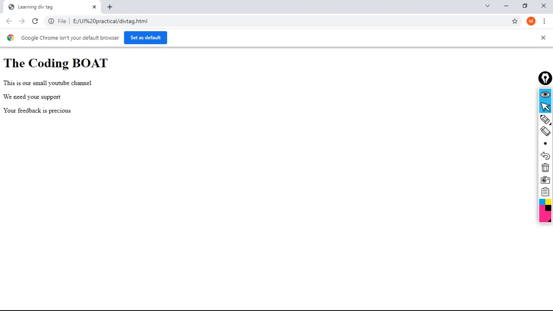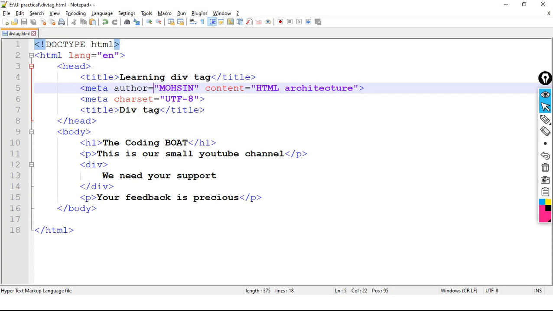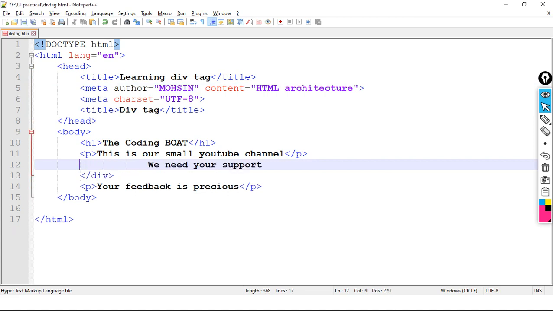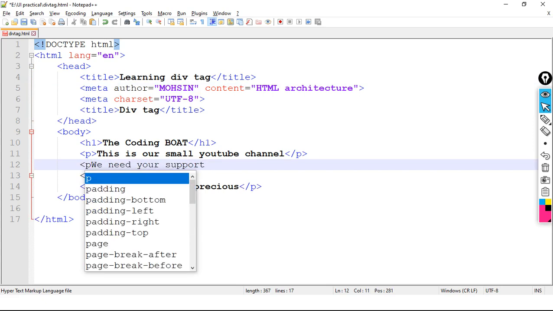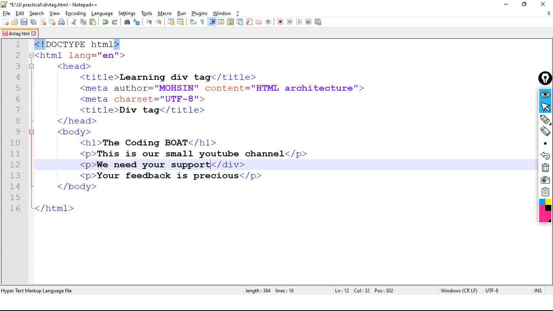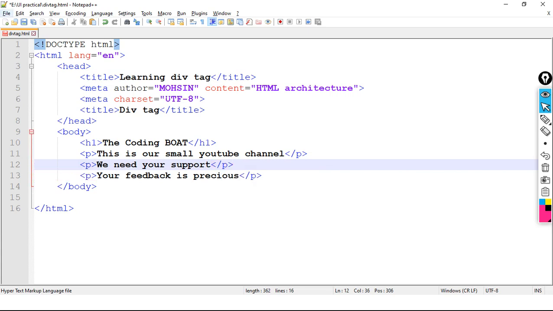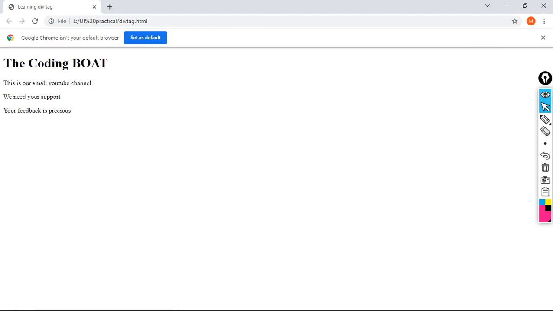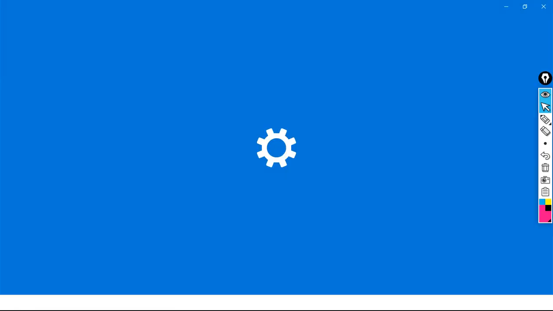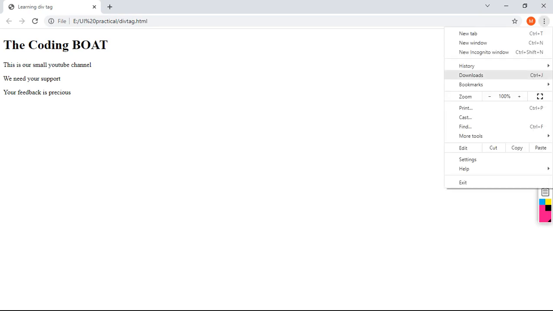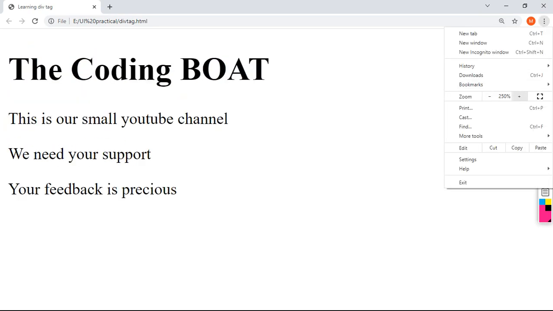Understood? See here what I am doing, I am removing the div tag and putting it into a paragraph. I am removing the closing div tag and putting it into a paragraph. Now let's save the code. Set this default for better understanding, improving the size of the page.